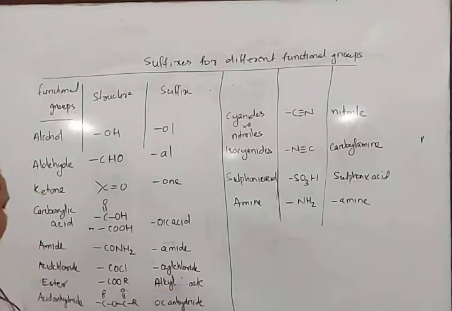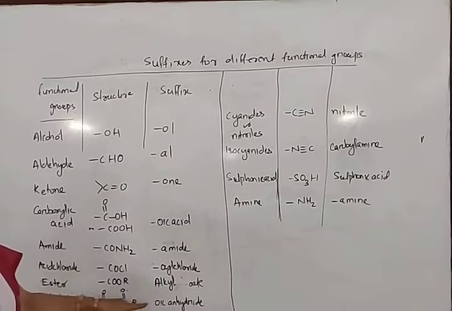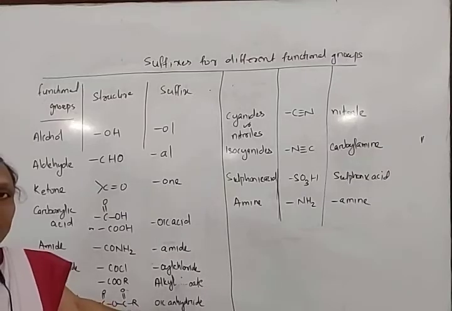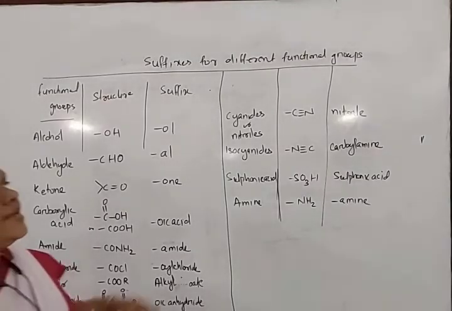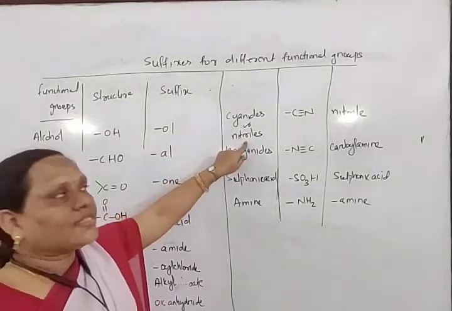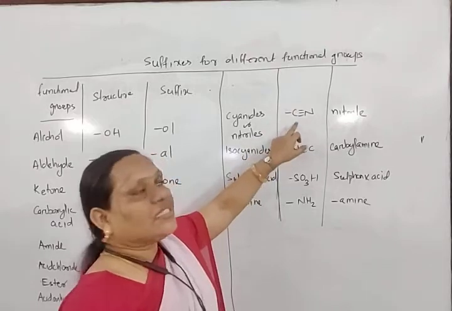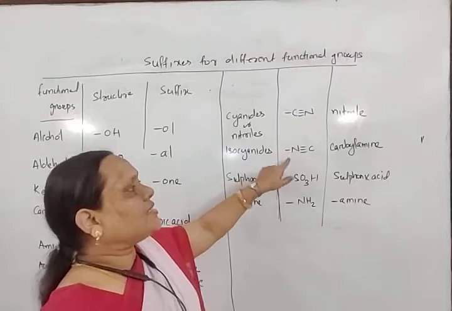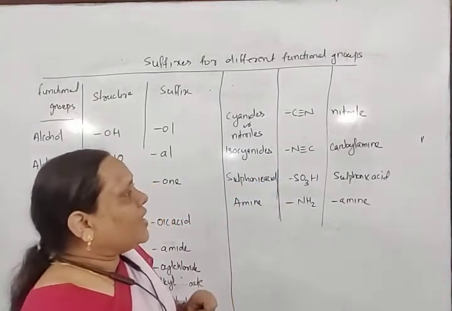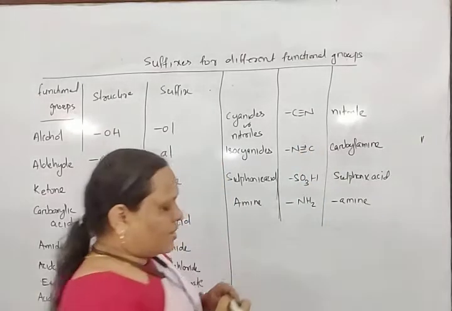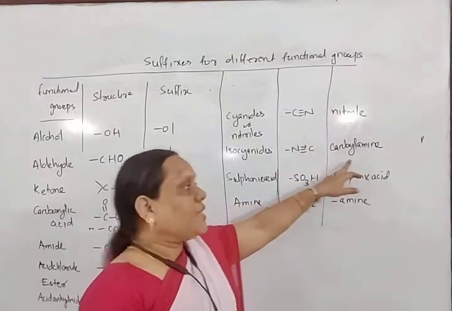So alkanoate is the word root, with alkyl written first. For acid anhydride, COOCOR, oic anhydride is used. Next, we come to some other functional groups: cyanides or nitriles. The functional group structure is CN and it is named nitrile. For isocyanide, the structure is NC; we can write the coordinate bond from nitrogen to carbon, and this is known as carbylamine.